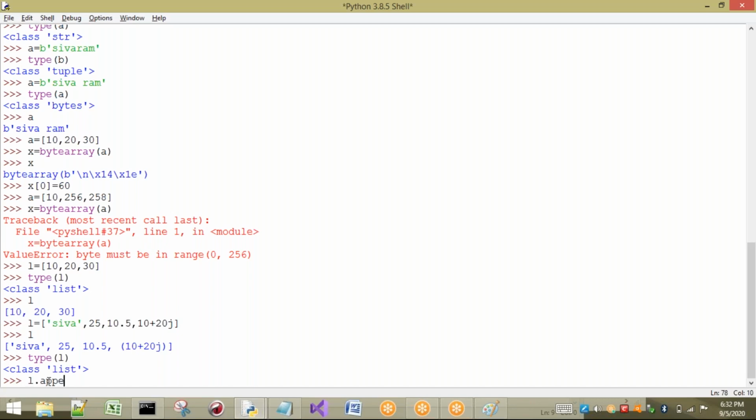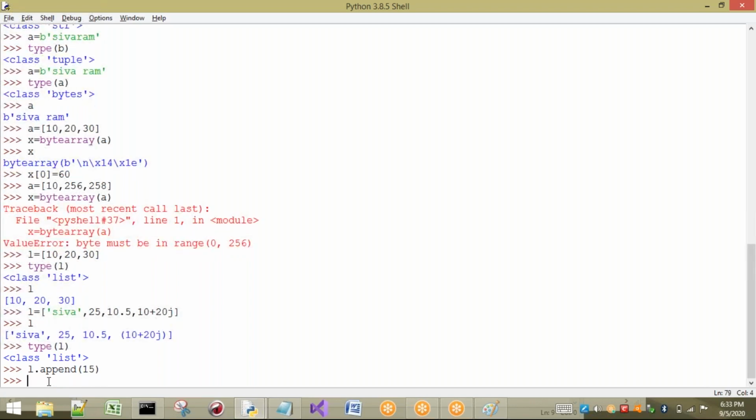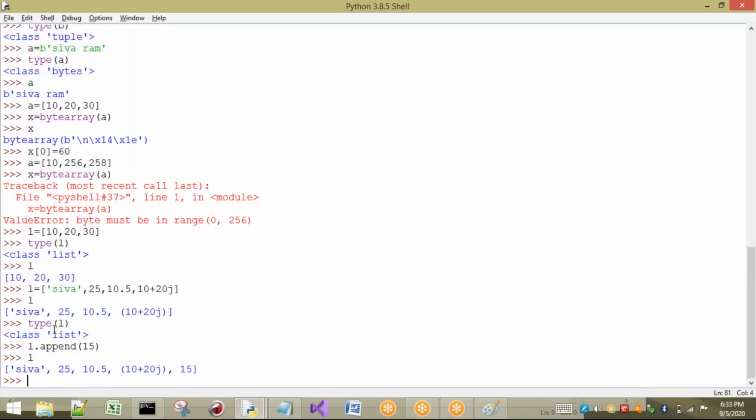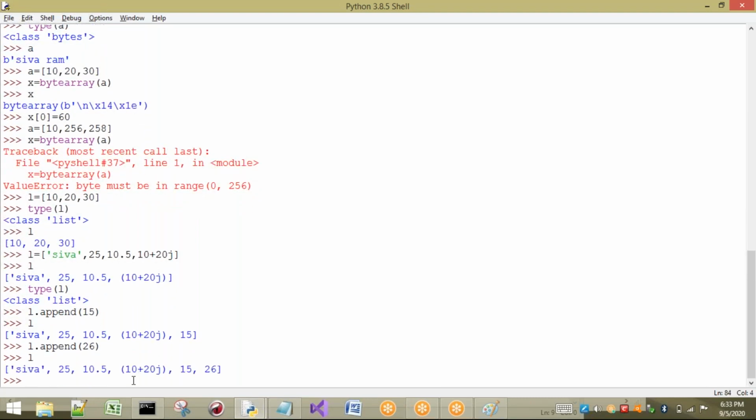Just I have to use a method called append method. Append means it is going to add the values to the existing list. Okay, now I want to add some number 15, so enter. Now I want to see the list. So see, first which value is inserted? Shiva is inserted, so it will be in first order. Whatever the order I have inserted, it is going to follow the same order. So after inserting all the elements, I have inserted 15, so 15 will go to last. If I insert any value, it will go to last only, because whatever the element I am going to insert now will be the last element for that list. So I want to insert some 26, for example. Okay, now it is going to be inserted at last.